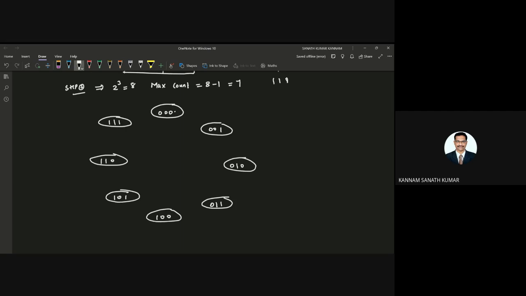So if you apply 1 clock pulse, it will go to the next state. After completing 1 1 1, again it will come to the initial state, that is 0 0 0. Okay, so this is the state diagram.